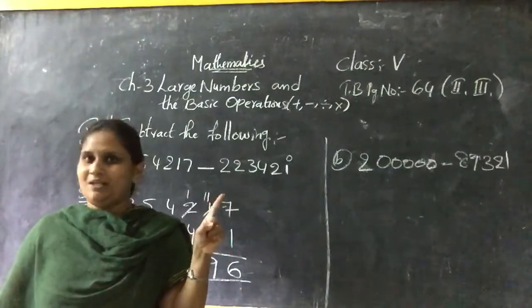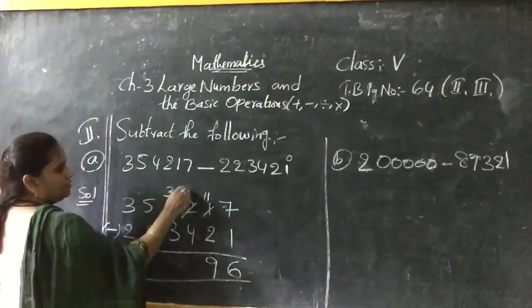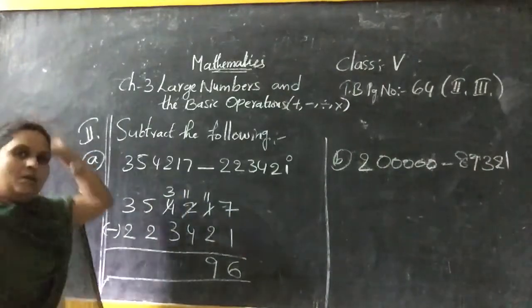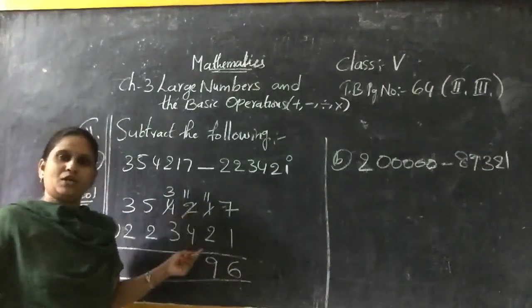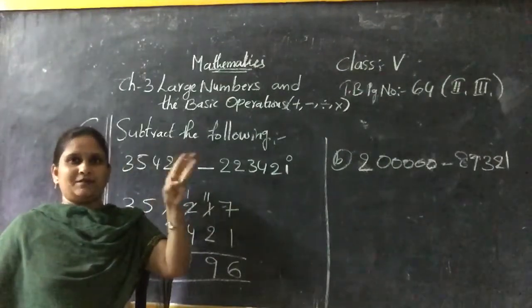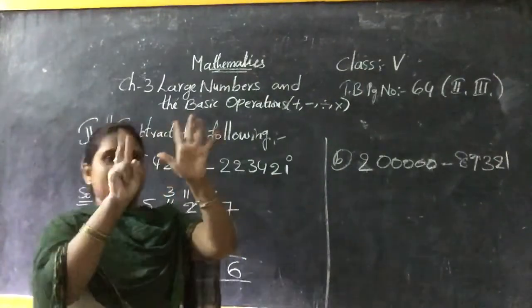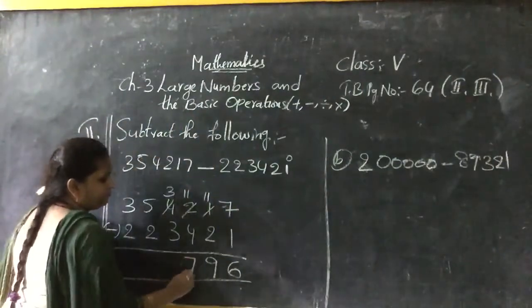Next, again take one finger and close 4 fingers. Is it possible? No. So what do you have to do? Again take a borrow from the 4. Then it will become 11. So for this also the same process. 4, after that count up to 11: 5, 6, 7, 8, 9, 10, 11. So how many fingers did I open? 7 fingers. So write 7.